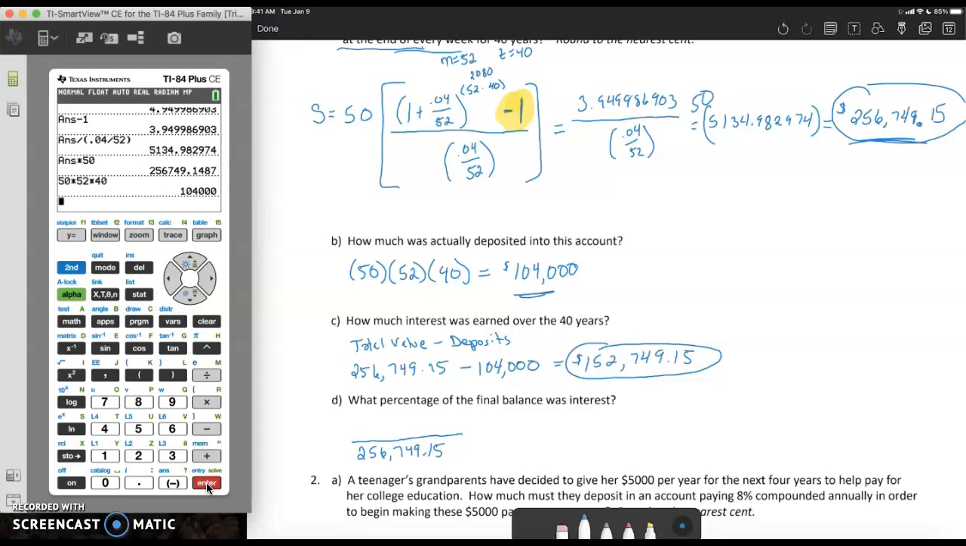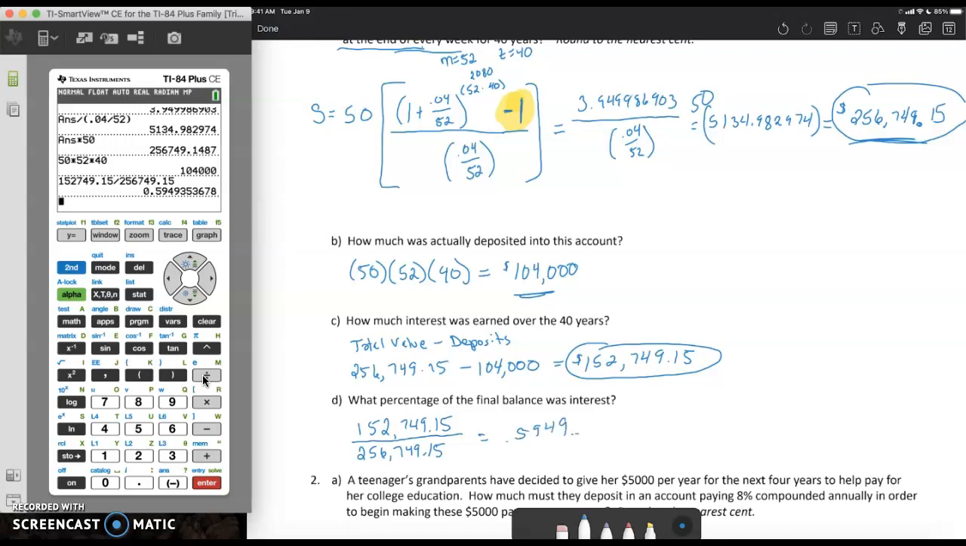So we just figured out the interest. So how much is $152,749.15 out of that total? So a division here, and I have not done that one yet, so I'm going to do that one now. So what is 152,749.15 divided by 256,749.15? So that equals